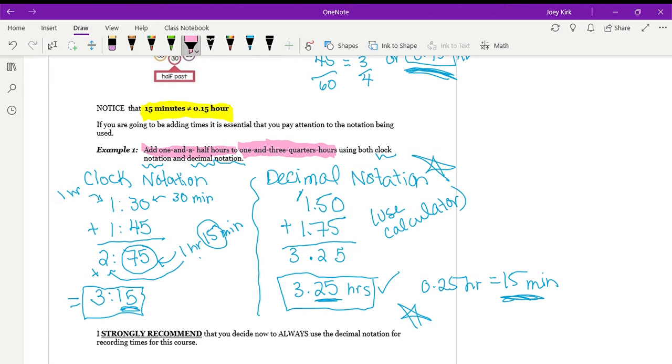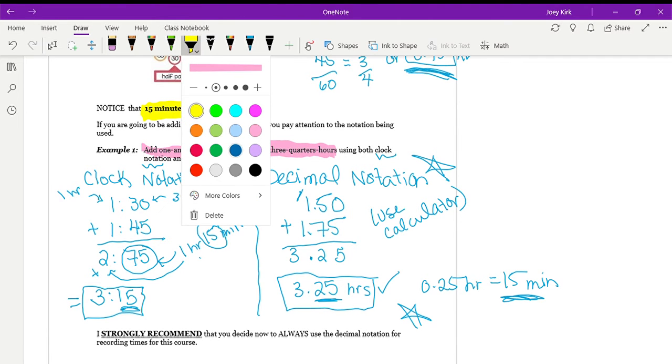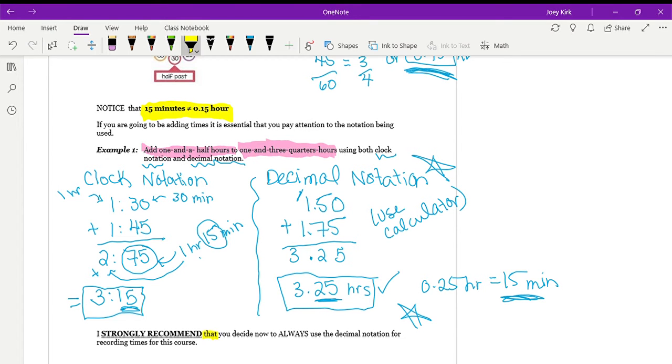You'll notice that I again wrote at the bottom that I strongly recommend you always decide to use decimal notation. Strong recommendation. It just makes it easier, okay? But of course you're allowed to do whatever makes most sense for you, and if you're getting the right answers, I certainly won't be questioning you. So,